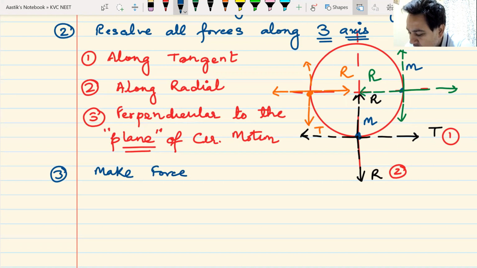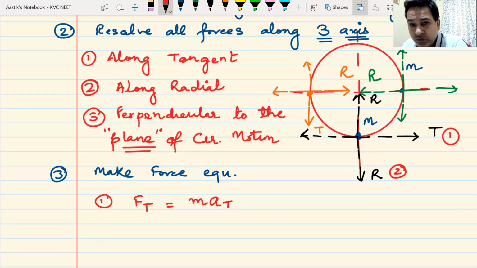I have to make a force equation in 3 directions, right? Along the tangent, Ft will be equal to m into at. Do we understand this? This Ft would be the net force along the tangential direction. There could be a gravitational force in the tangential direction. For example, if I look here,